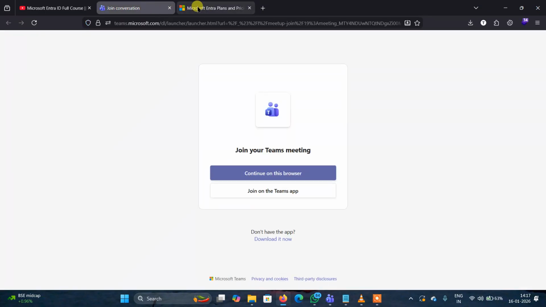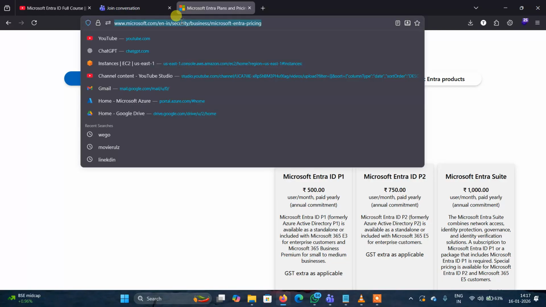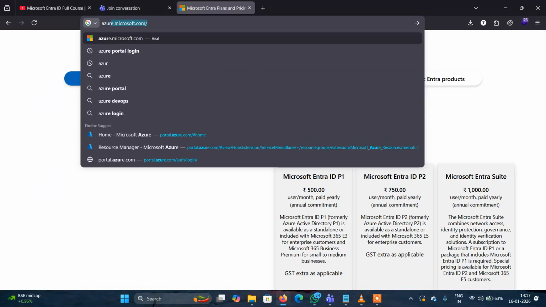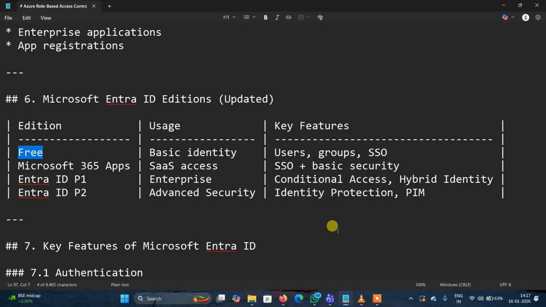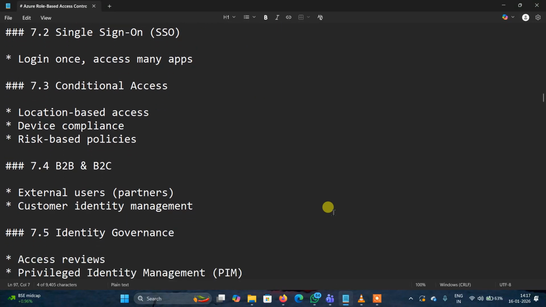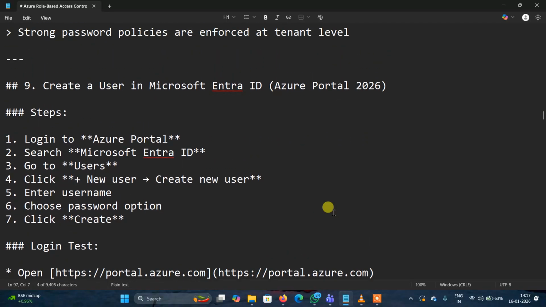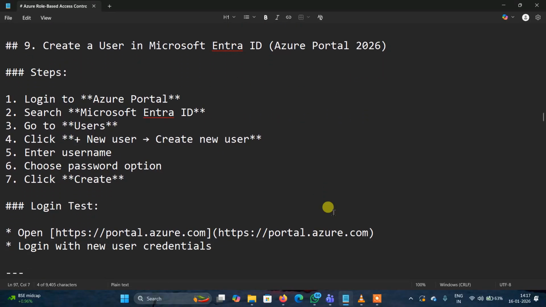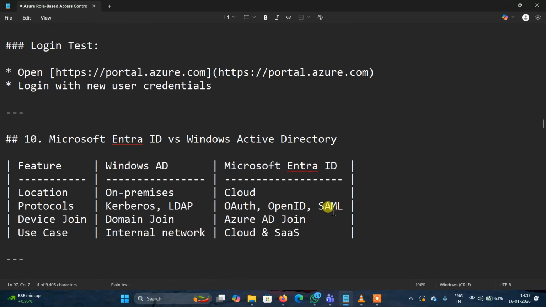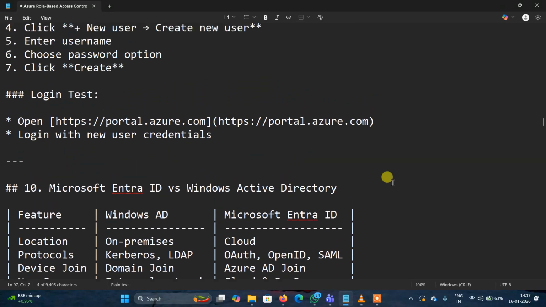Here I just logged into the Azure portal. First we're going to learn about role based access control. Understand? Role based access control. Before we log in and learn about role based access control,